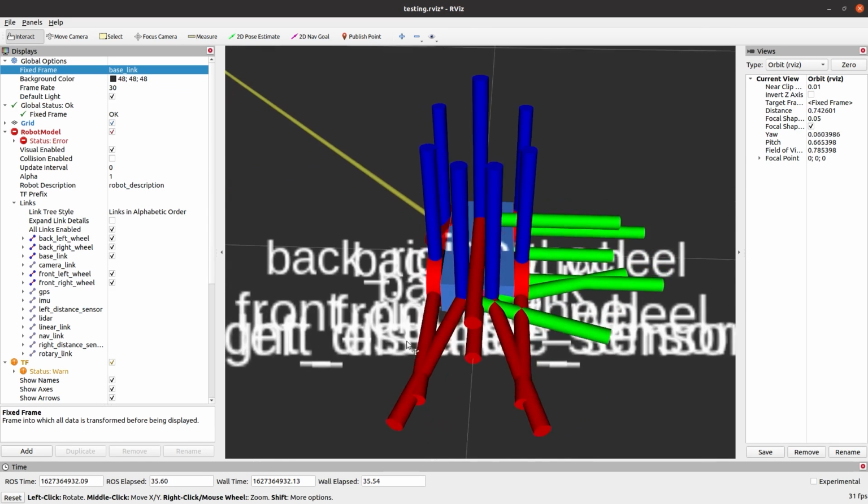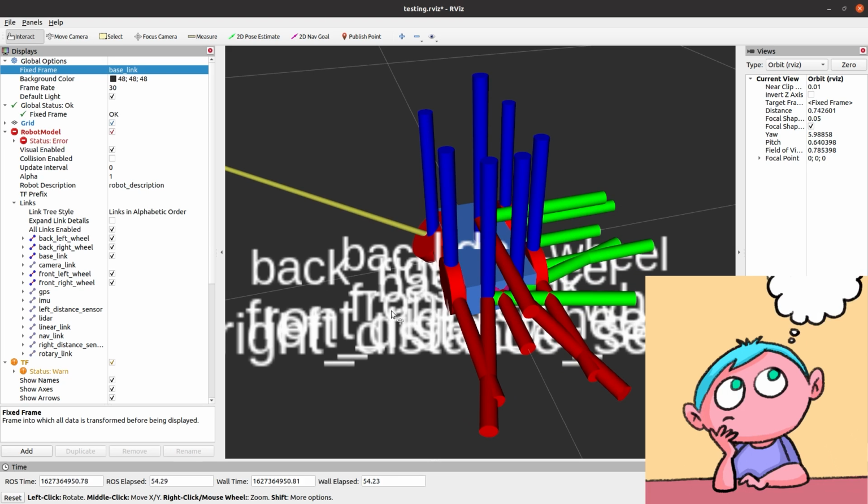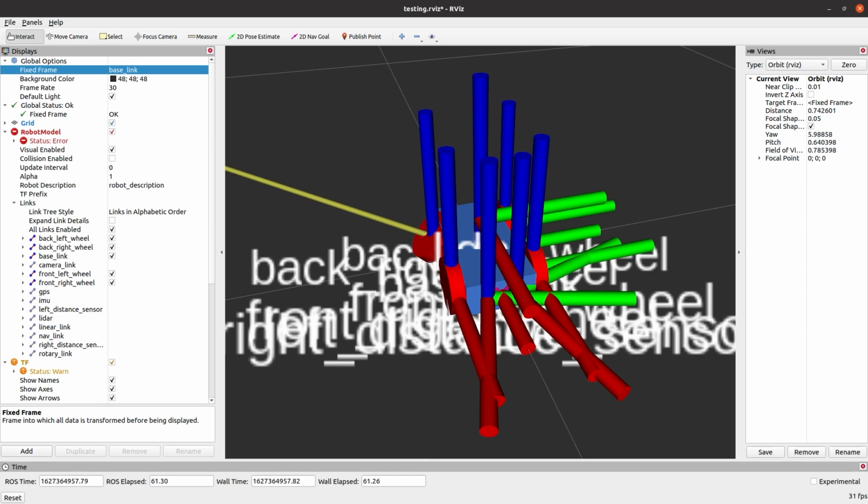You can see that there has been an introduction of the distance sensor links here. Do you notice that the robot model still shows an error? Take a moment and think why this is still showing an error. Yes, perhaps you are right.